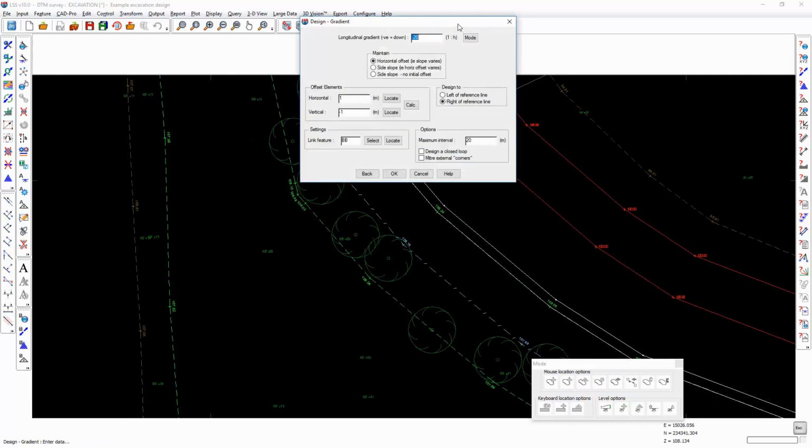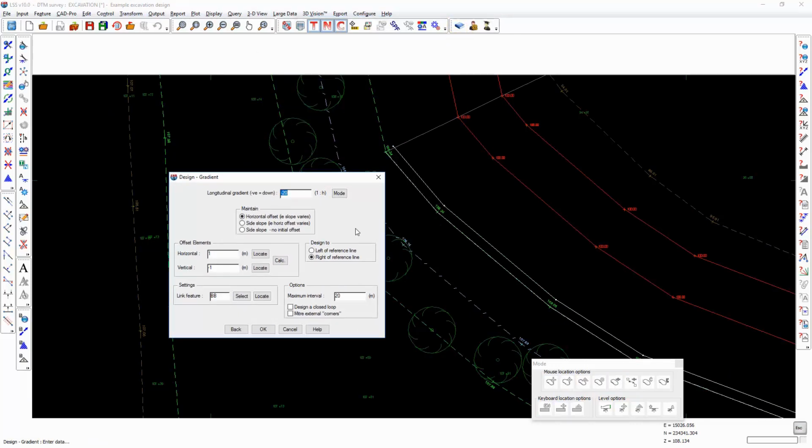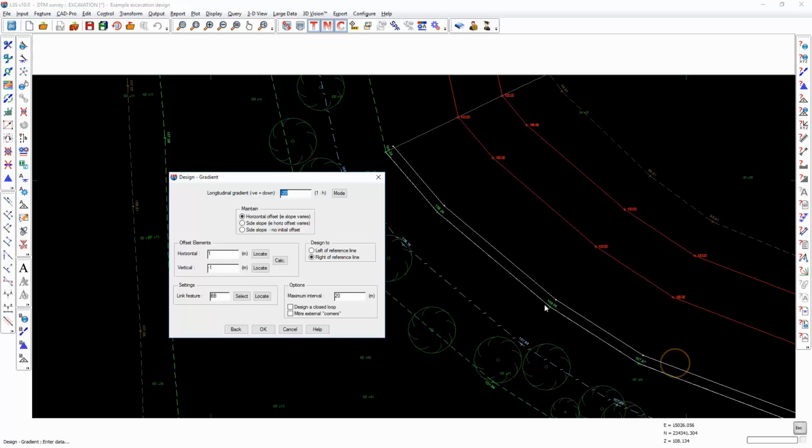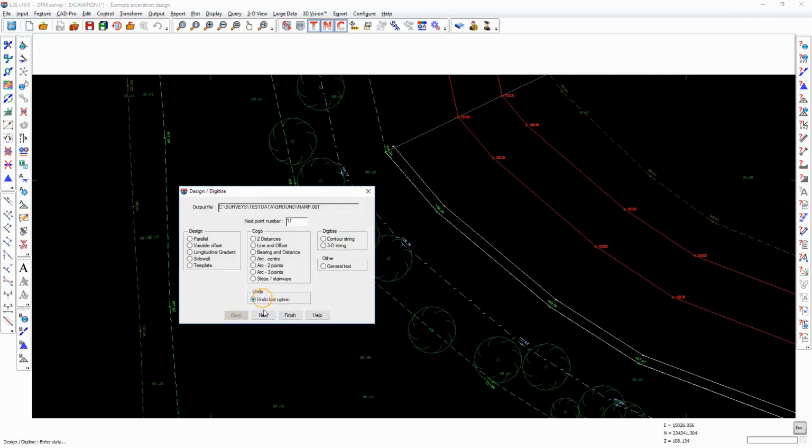will complete that design, and the reason that line has remained parallel to the reference line is that we chose the option horizontal offset, i.e. the longitudinal slope may vary, but the offset stays the same. Well, that's not what I want. If I go back,